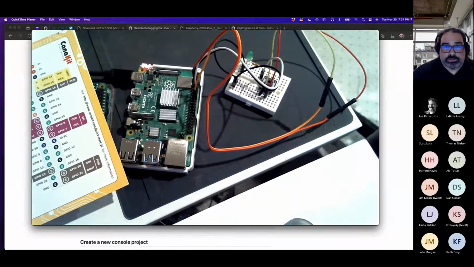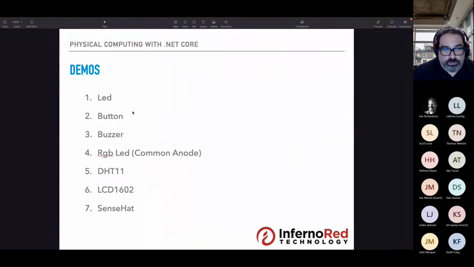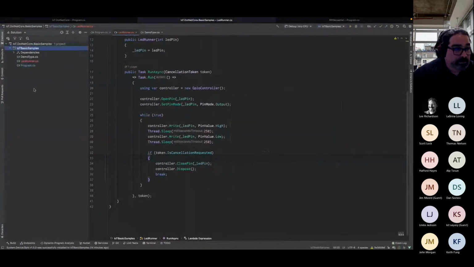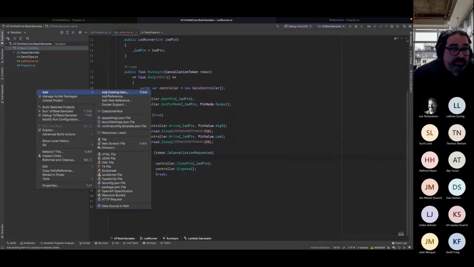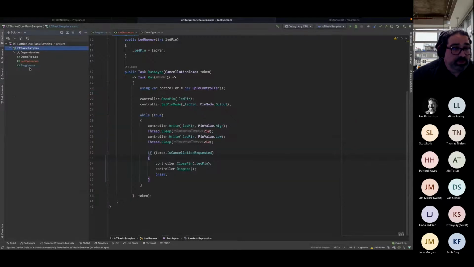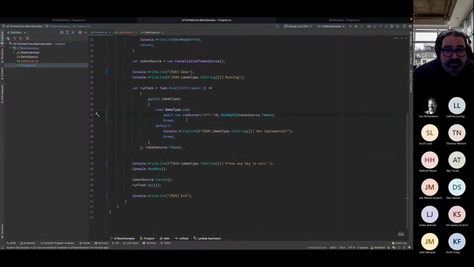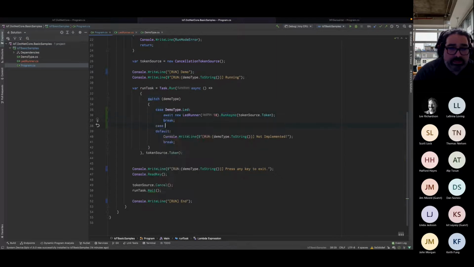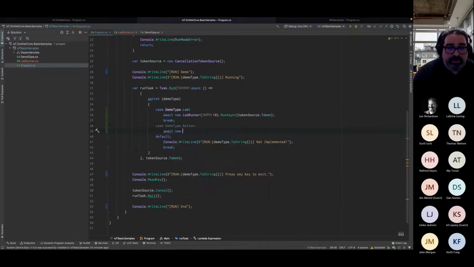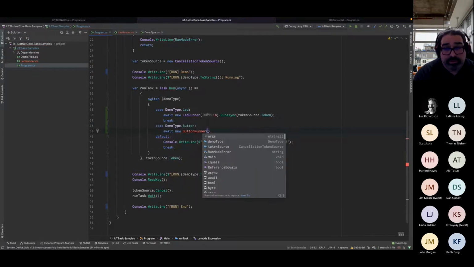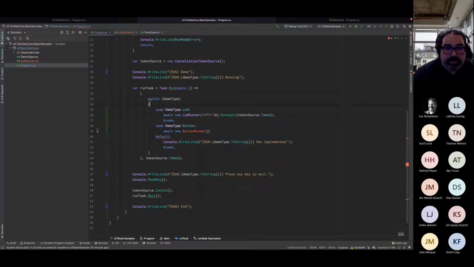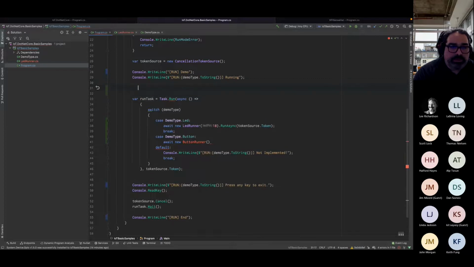Now let's see this work. So, like before, let me just add an additional, let's follow the path. So the LED, let's say now we're going to be working with the button. Same thing as before. I'm going to create a button runner that's going to run this test. And just because I know I'm going to need this later, let me just start pulling out things like the LED pin.